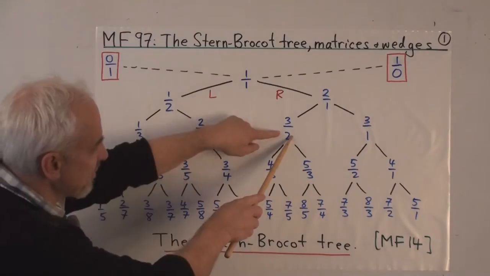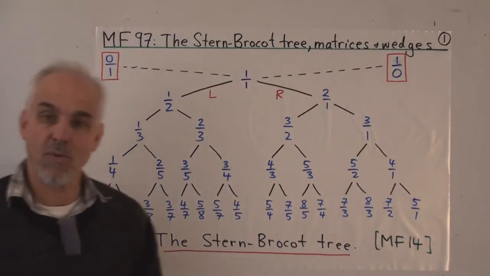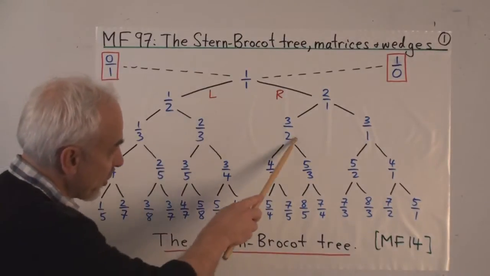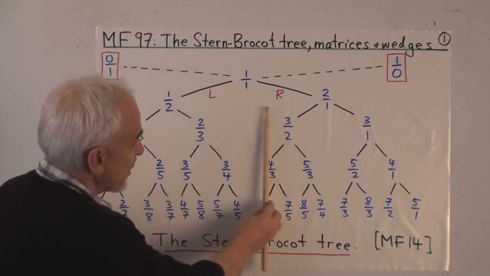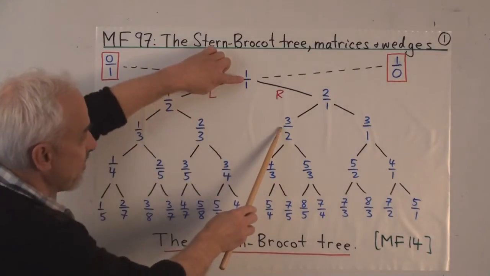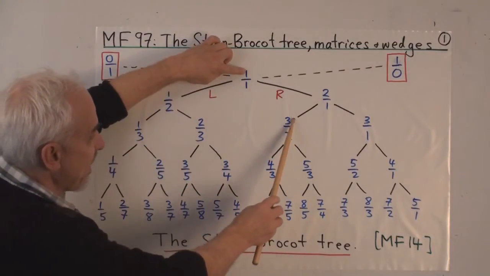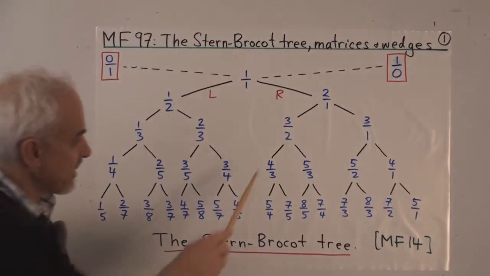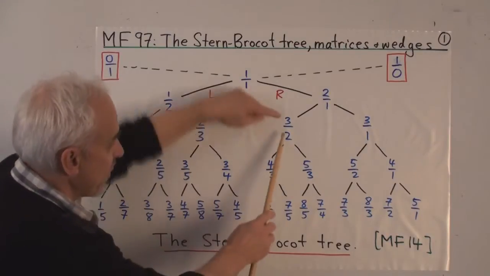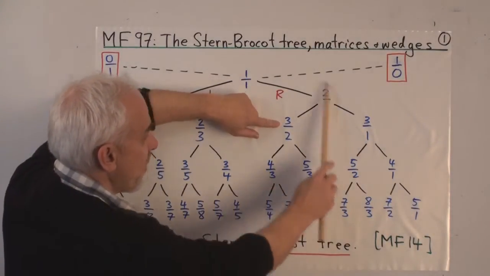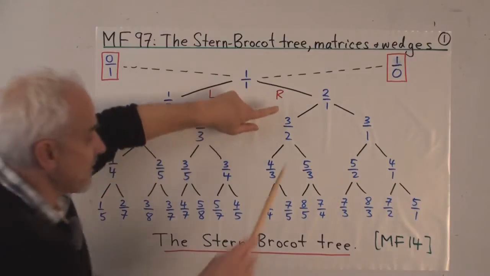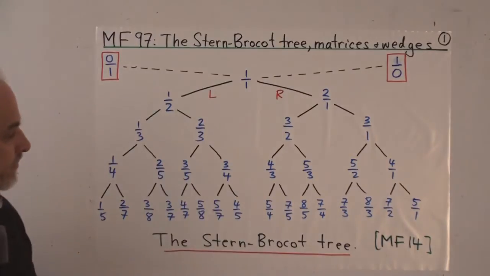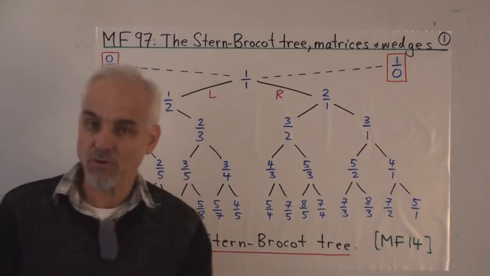And going from any one spot to the two below it involves taking what we call the mediant operation. So to get this one from this one, we look at this fraction as well as the next one to the left above it, and then take the mediant of these two, meaning we add the numerators and we add the denominators. Similarly, to get this one from 3/2, we go to the right above it to the next one in the table that's to the right and take the mediant of these two, getting 5 over 3. So that is the Stern-Brocot tree.